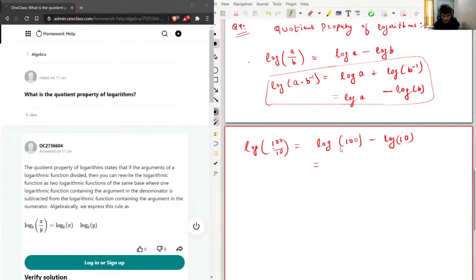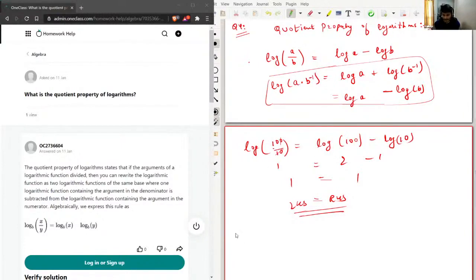So on the RHS we have log of 100 which is 2, log of 10 which is 1, so this will become 1. And here again I can just do the division itself, so it will become log of 10, and I know that log of 10 is 1, so 1 and 1, so LHS equals RHS. And again, if we have been given this statement, we can just use the property and convert it into a single log, and then we can do the division and obviously get the answer.